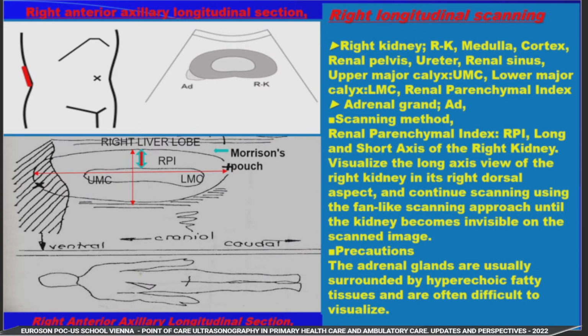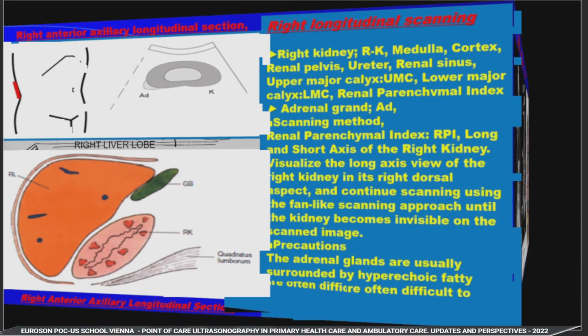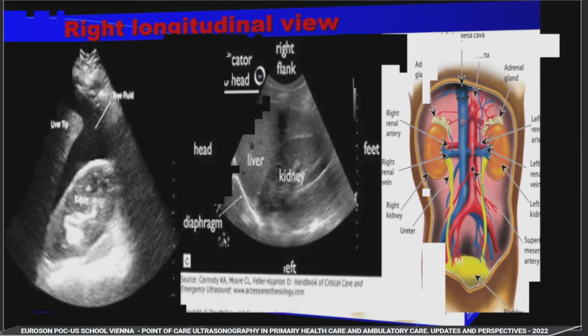And this is the right longitudinal scanning, the right anterior axillary longitudinal section. And you can find here a very nice image. This is a conventional image. You can find the kidney, you can find the liver and the gallbladder there. And in this space, this is the retroperitoneum, this is the Morrison space, where you can find the ascites, and in the FAST mode, if you have some problem with hemorrhage, internal hemorrhage